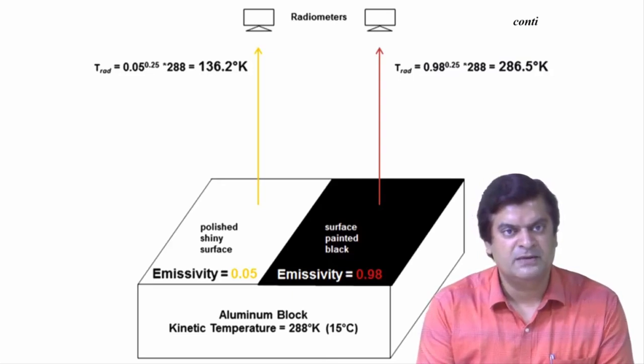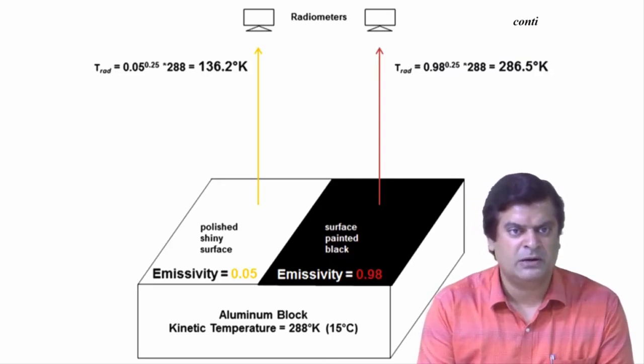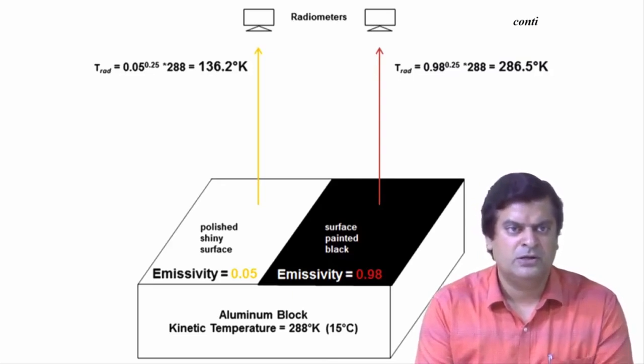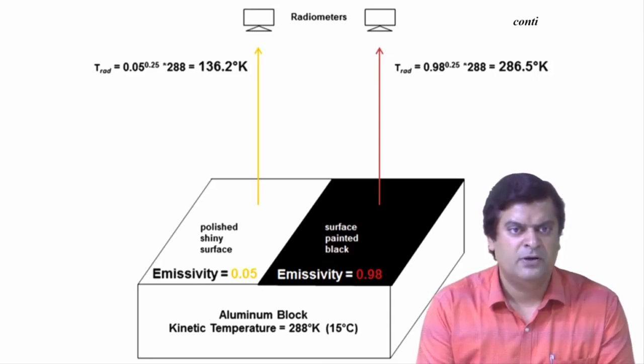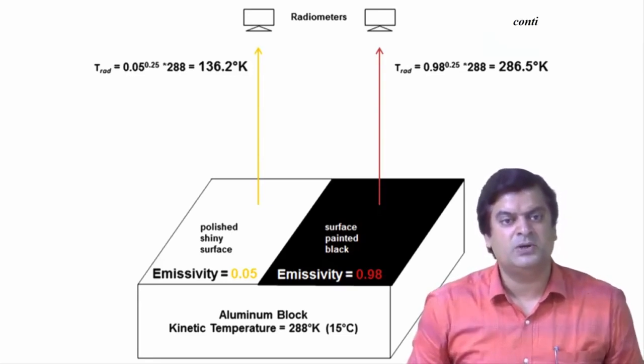This gives approximately 1/3 the radiant temperature for the half portion which is the polished shiny surface. This gives a temperature of 136.2 degrees Kelvin, which is very low in comparison to the kinetic temperature